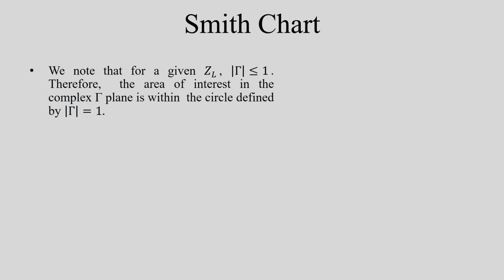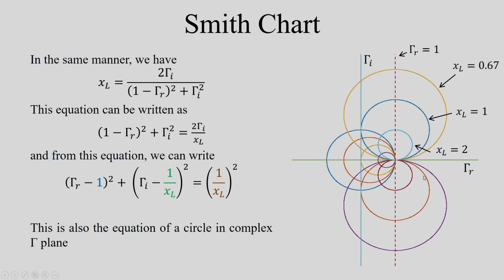Now, for a given ZL for a passive load, we know that mod gamma is less than 1. Therefore, our area of interest in the complex gamma plane is within the circle which is defined by mod gamma equal to 1. So, if you revisit, here you can see that this region is the region of interest. So, if we retain this part only,